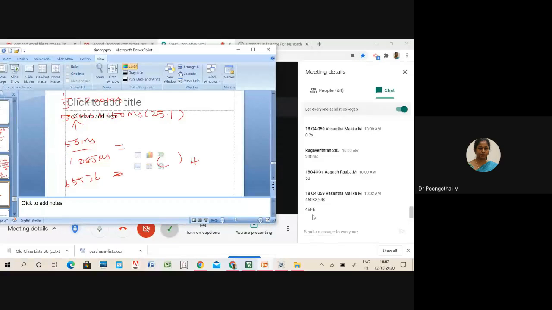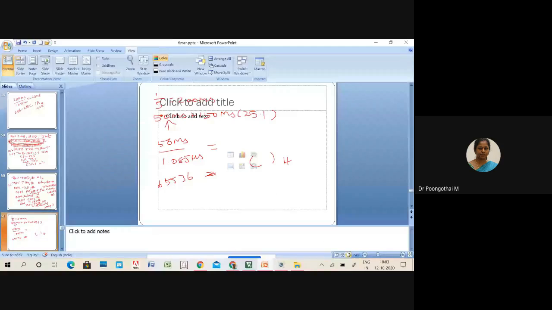4BFE. All of you getting this answer? 4BFE. Students, please respond. All of you getting? So is 4BFE correct or not? So the logic is